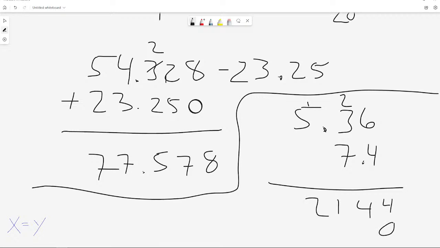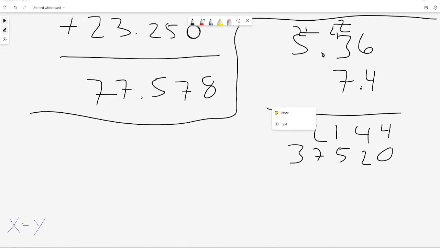Remember, add a 0 when you're moving over. 7 times 6 is 42. Now you're going to put the 4 here. That makes 25. Remember, always carry the tens place. You only place the ones place. And then 35 plus 2 is 37. You're going to add these together. So you get 4, 6, 6,